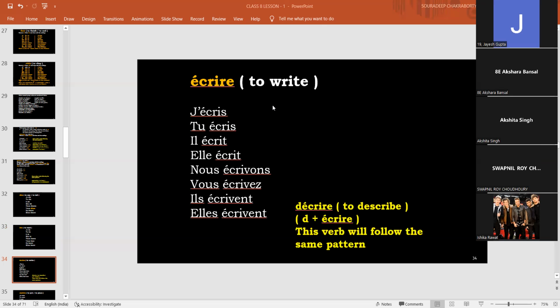The next subgroup we are having is écrire. You can see it ends with RE, but it doesn't belong to the previous groups. It's a separate one, okay? So we need to practice the verb so that we can remember. The more we practice, the more we remember. The less we practice, the less we remember. Here you see j'écris, how it is written. Note the S.